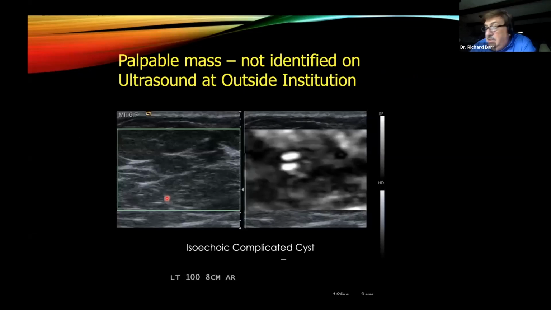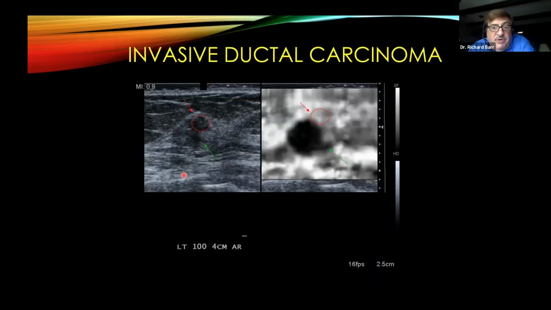Just some quick clinical cases as we're running out of time. This patient came in, a 40-some-year-old lady that had a palpable mass. She had been seen somewhere else. They couldn't find anything wrong. They sent her to us. Here's our B mode image. And here you can see nothing of interest, but we put the transducer over that area. We do our elastography, and we get a perfect bullseye artifact. So this turned out to be a complicated cyst. So we stuck a needle in and aspirated it. It went away, and the palpable mass went away.